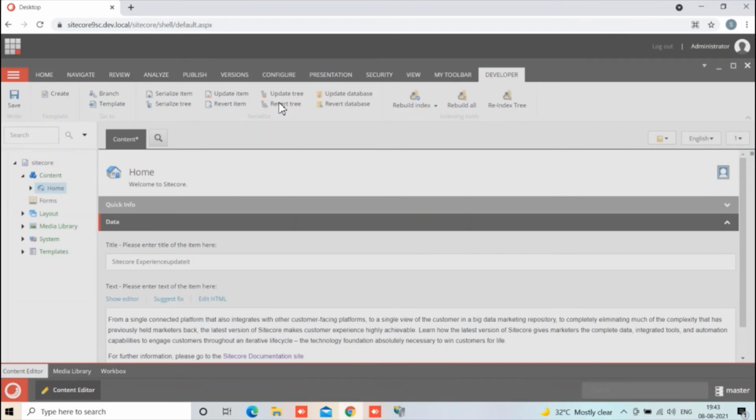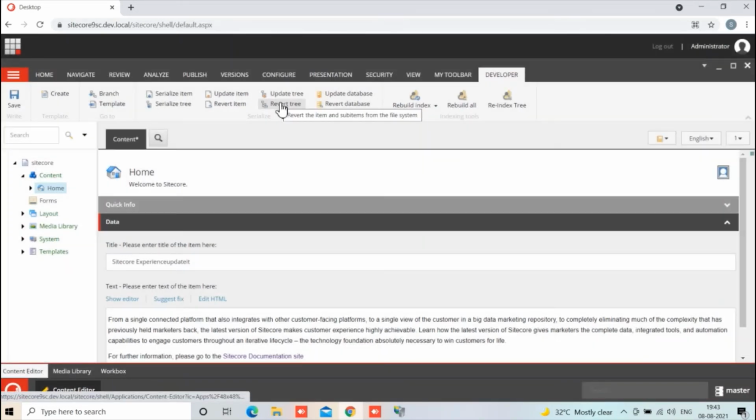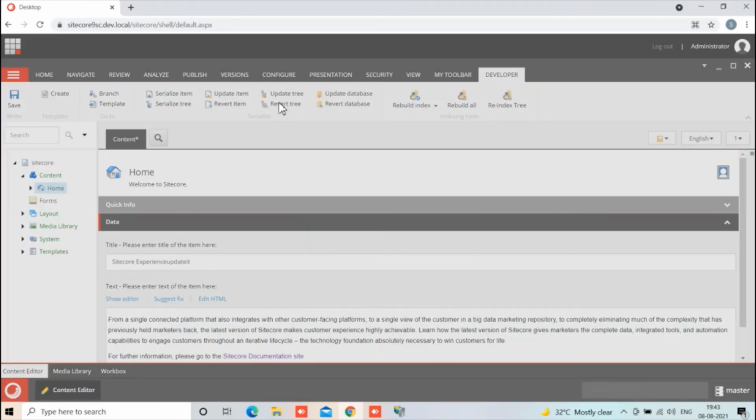Now let us see what happens. It will take some time to revert the item.